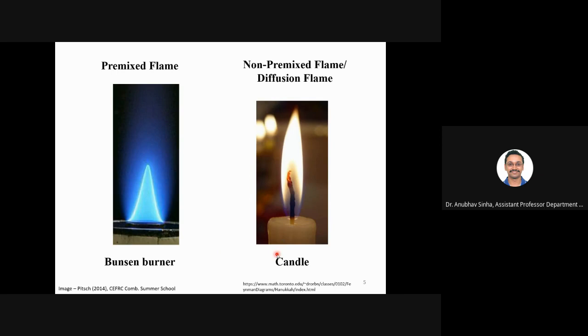While a candle flame is a very common example of a diffusion flame. Now we are not supplying anything in this case, but because of heat, fuel is getting evaporated. Now this wick will carry that fuel vapor up to the flame front. So we have only fuel vapors inside, and oxygen is coming from outside. That is why it is a diffusion flame. Is this clear?